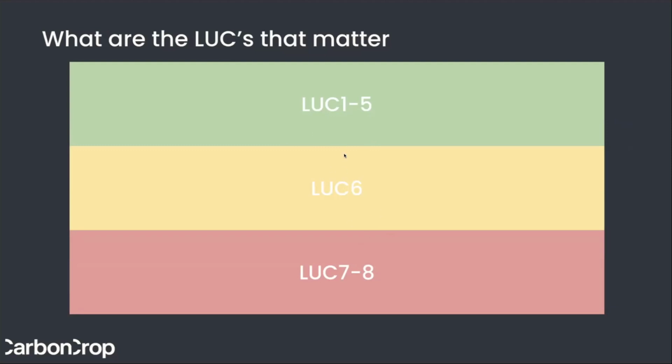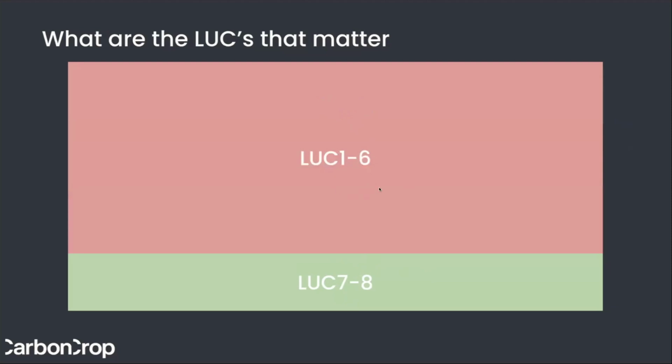Are you LUC 6 and below or LUC 7 and above, for the area of a particular part of your farm? I've also flipped my color coding around here, because the way it works is actually LUC 7 and 8 is the stuff that you don't need to worry about too much. If you're planting on that land, you might have other issues, but you don't need to be concerned for registration. LUC 1 to 5 and 6 are the ones of concern. Unless you're very confident that you have this exemption, just lump 6 in with 1 to 5. If you're planting on LUC 1 to 6, this is something that you need to be actively thinking about.